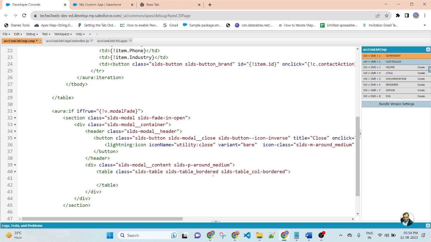Dedicated thead. Inside the thead I created tr, then th.